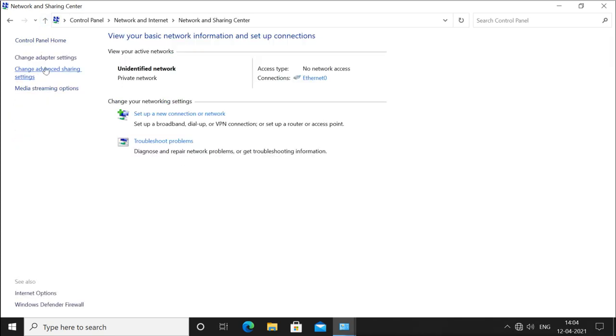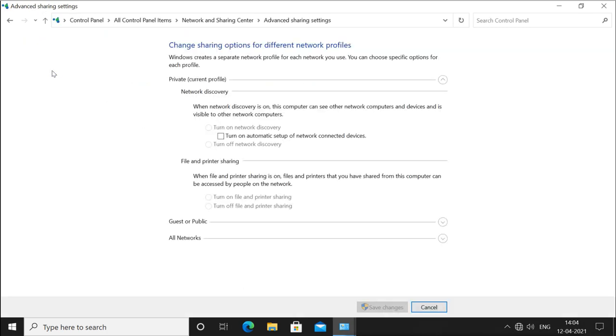Then you can see here the option to change advanced sharing settings. Advanced sharing settings means when you share computer data like folders and so on, these are the advanced sharing options for different network profiles like private profile, public profile, or all profiles. It is like network discovery, that is, turn on network discovery. If you turn off network discovery, that means your machine will not be discoverable from other machines. If another machine wants to discover your machine to get the shared folder, it will not be able to see your machine, because you turned it off.